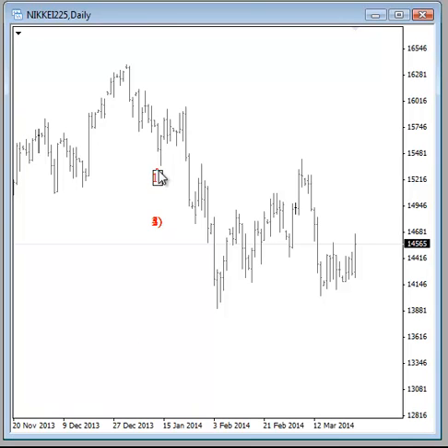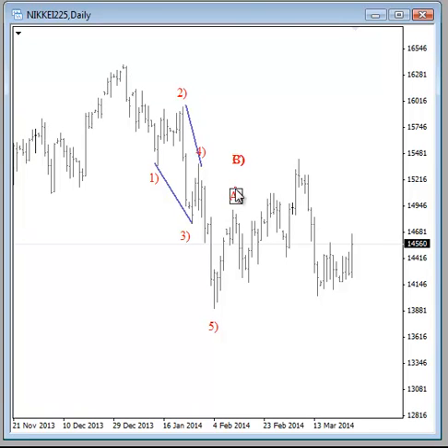Now if we just label the wave count here, this was wave 1, wave 2, probably wave 3, wave 4 and wave 5. Now we have an overlap here, which is fine because I'm looking here for a leading diagonal. Okay, so this was wave 1, wave 2, wave 3, wave 4 and wave 5 to the downside. Now I'm looking here for a three wave rally, as I said. So a three wave correction, we label this in ABC. So this was an ABC move,